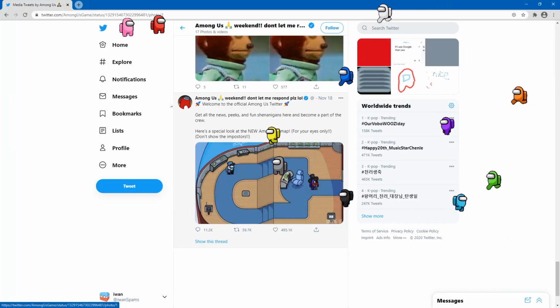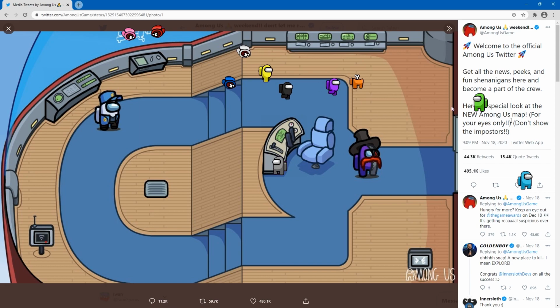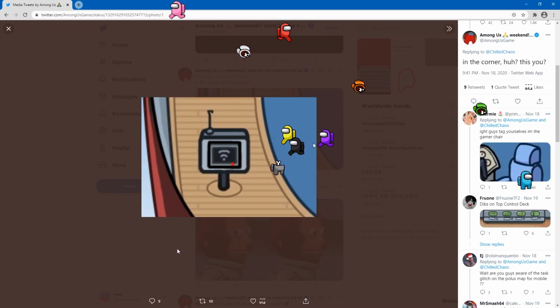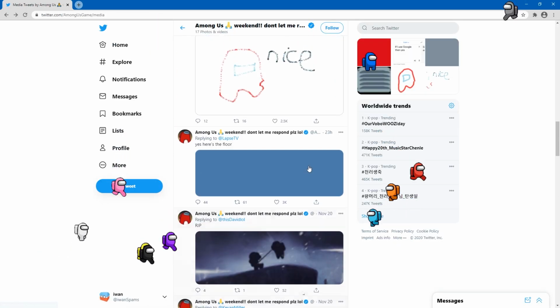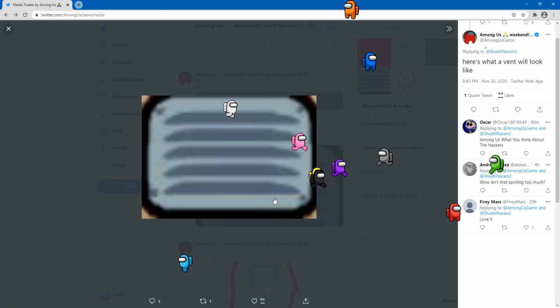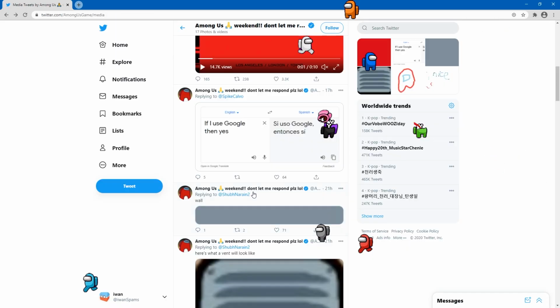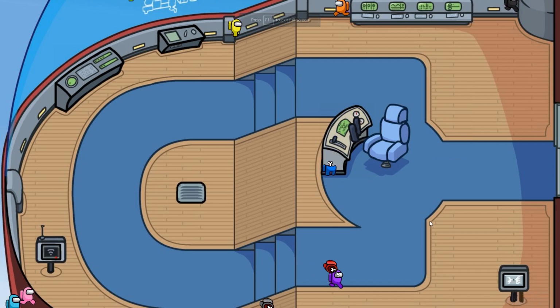So Among Us posted this screenshot of their new, upcoming map. Since then they have been trolling us with sub-images of the same screenshot when people ask them for more images. This is the floor. This is what a vent looks like. Wall. Very funny. Well, I cleaned the map up a little and you can see,